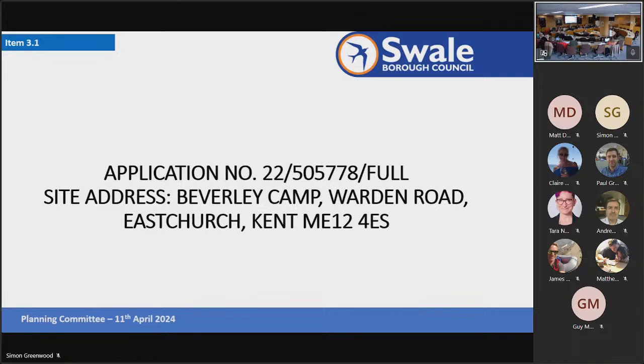Retrospective planning permission is sought for the change of use from a holiday park for 10 months occupancy for the siting of 21 residential park homes for use all year round. As this is a retrospective change of use application, there are no